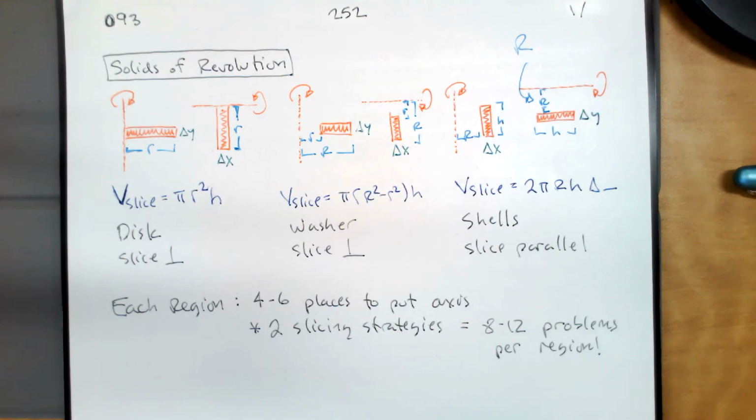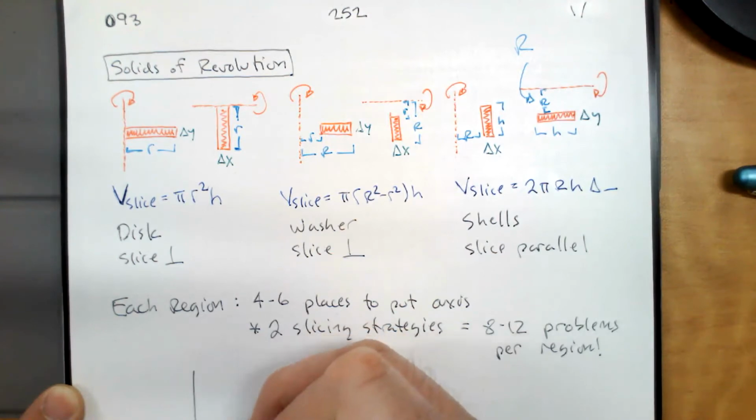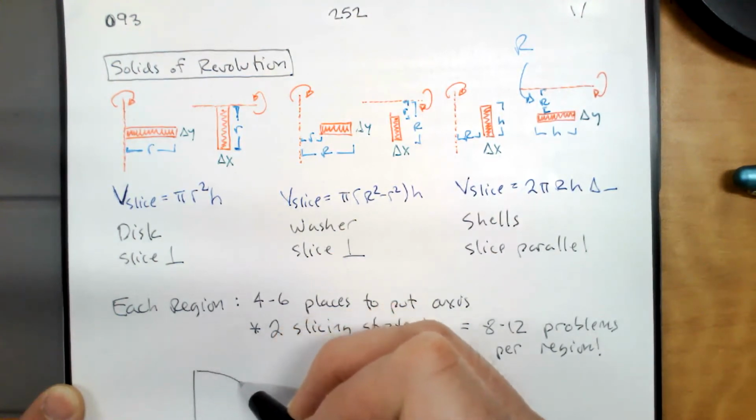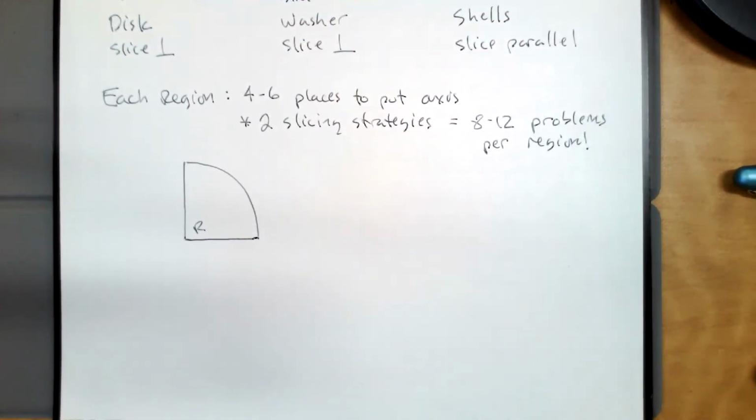But what we're going to think about is 4 to 6 places to put an axis, 2 slicing strategies, or 8 to 12 problems per region, just by taking one region, rotating it about a bunch of axes. So for any given region,